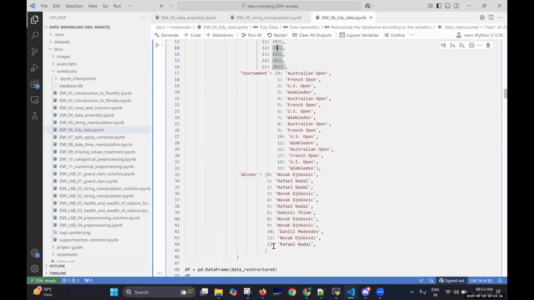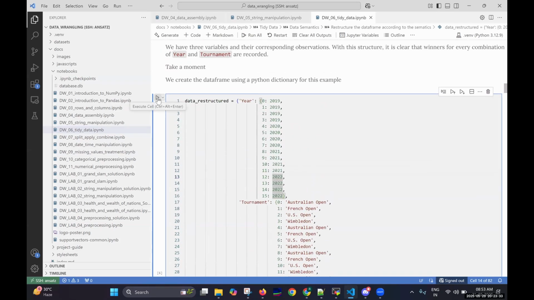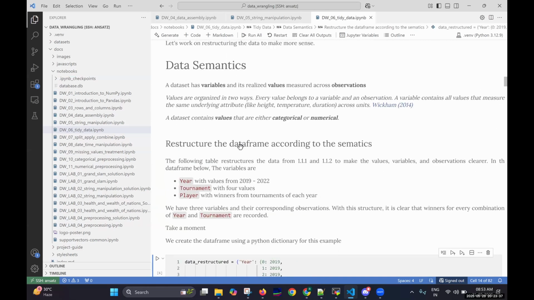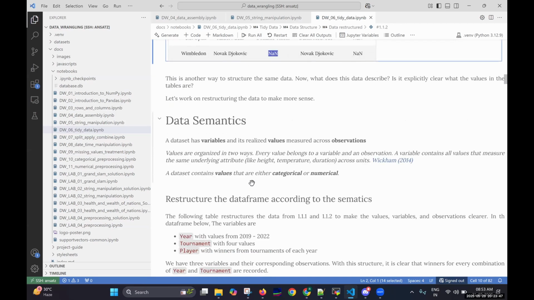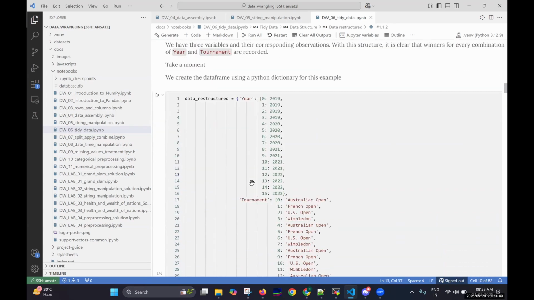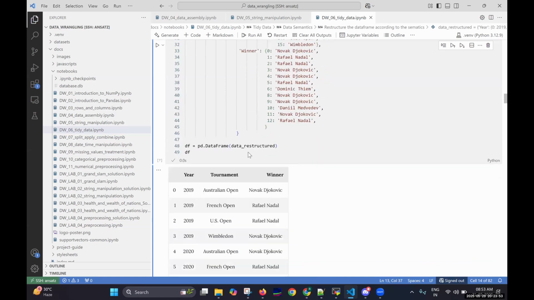And if there's no winner, then that will be NaN, not applicable. Maybe the event did not happen or there was some other problem. That will come later. But if we restructure data, we can see that very easily. Here, if you see, one NaN is here, one NaN is in this place. It is scattered here and there. Once we restructure the data, you will see this NaN will come into only one